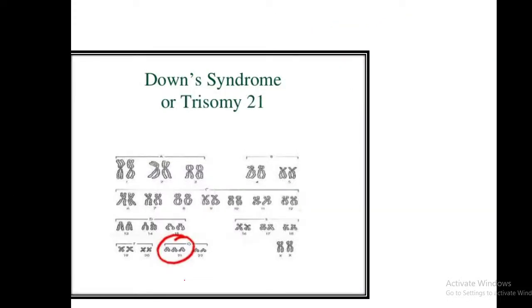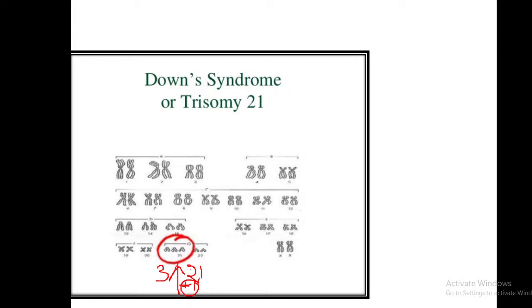And this is the karyotype showing the Down syndrome. You can see the 21st chromosome. 21ാമത്തെ ക്രോമസോമിൽ 3 പേര്. ബാക്കി എല്ലായിടത്തും കണ്ടോ? 2. You can see here only 2 chromosomes in set of 2 ആണ്. ഇവിടെ മാത്രം 3 എണ്ണം. That is plus 1. ഇതിനെയാണ് ട്രൈസോമി എന്ന് വിളിക്കുന്നത്. Down syndrome is caused as a result of this trisomy in the 21st chromosome. And total they will be having 47 chromosomes. And the most common